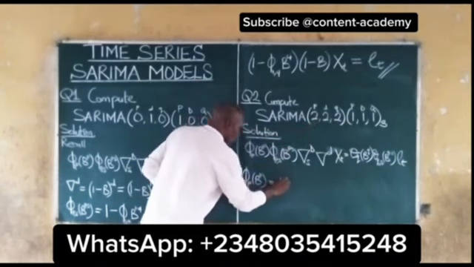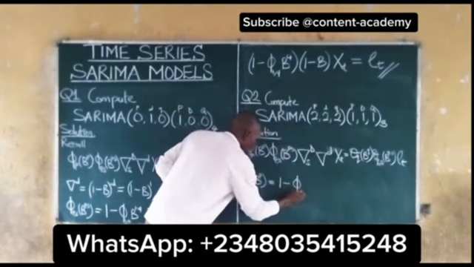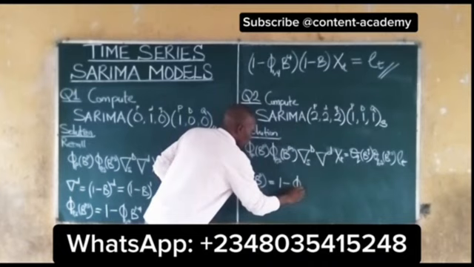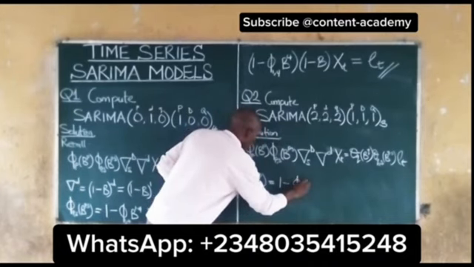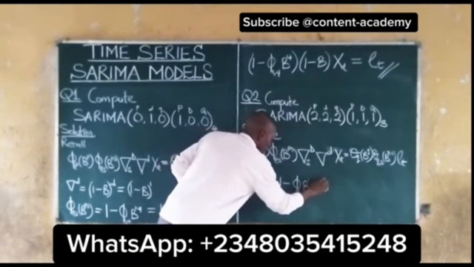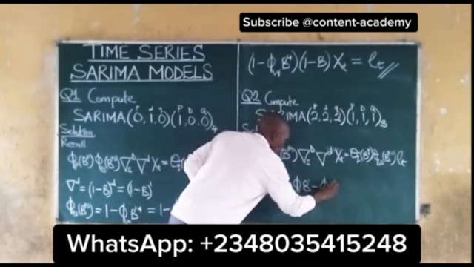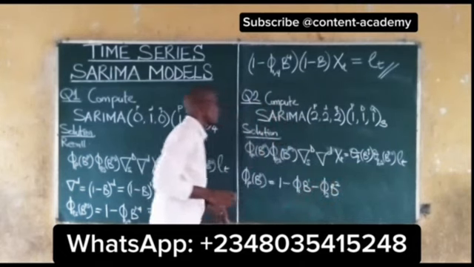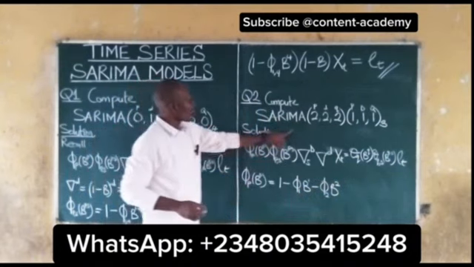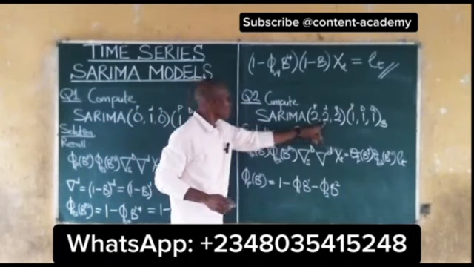We have it as 2. It will be 1 minus pi 1 B, 1 minus pi 2 B2. So that is all we have. Now, we also write our differencing part. Our differencing part will now be,